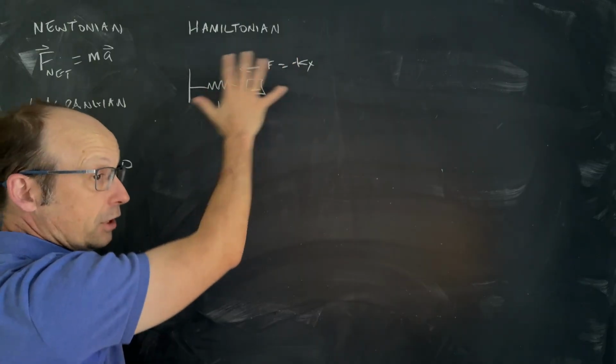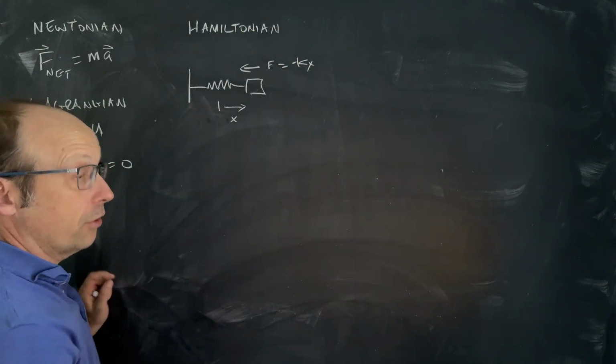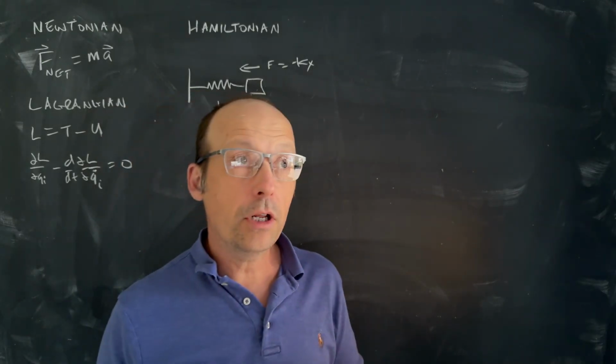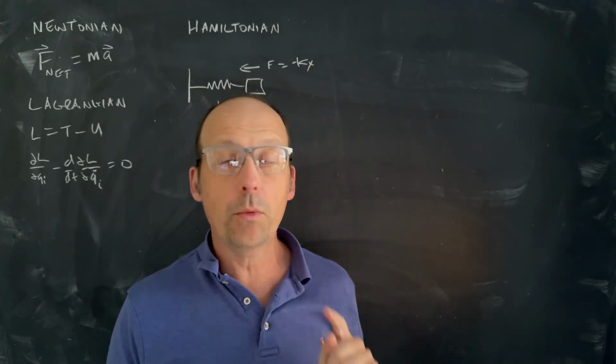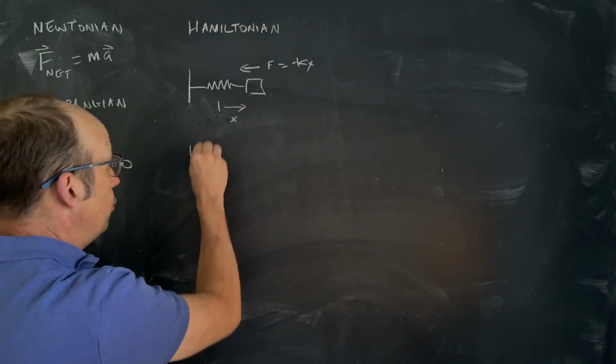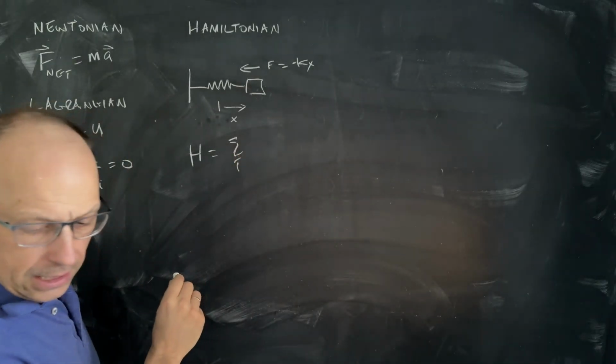Okay, so I want to solve this problem: the mass on a spring in one dimension with no friction or anything like that, using Hamiltonian mechanics. So Hamiltonian mechanics says a couple of things. Number one, we have to find the Hamiltonian. So the Hamiltonian in general, H, is the sum over i of